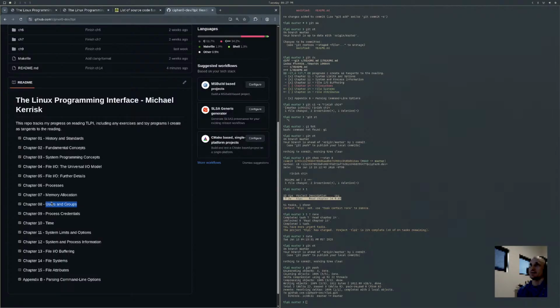It's file system operations. The set UID and set GID stuff, I was a little bit iffy on. I touched on that back in 2019 when I did that course with Michael Kerrisk. He touched on set GID and set UID, but obviously I didn't really commit that to memory. I didn't really know where those bits were stored.